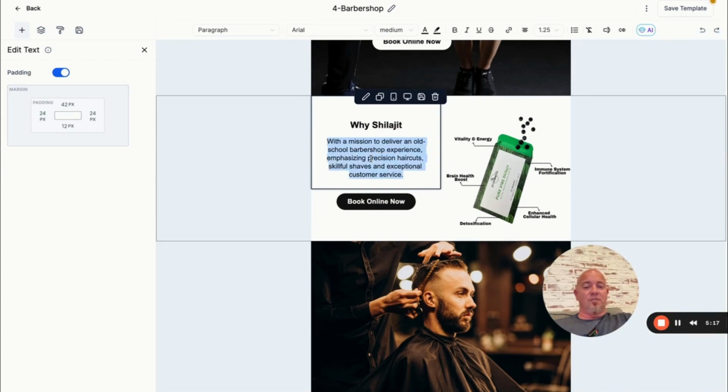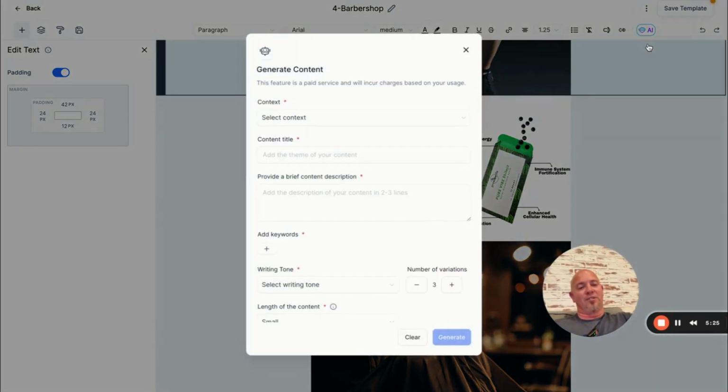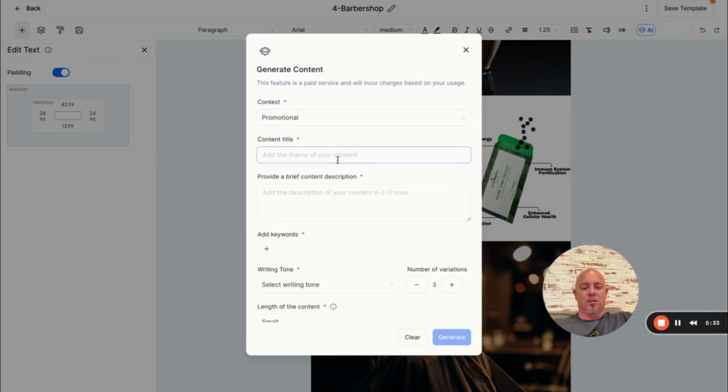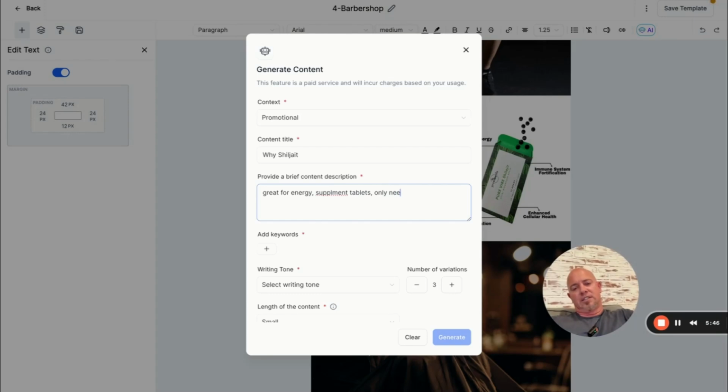So let's say here, if you didn't know what you wanted to put here, I want to show you something cool. So let's click the top right here where it says AI, and we're going to say generate with AI. And we're going to say, what's the context? Well, this is promotional. So the title is going to be why Shilajit. And so great for energy, supplement tablets, only need 2 a day, stop feeling tired. We'll say energy, testosterone,